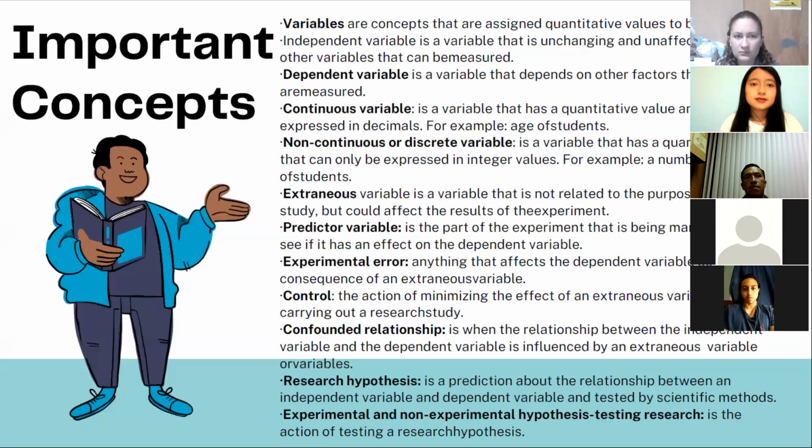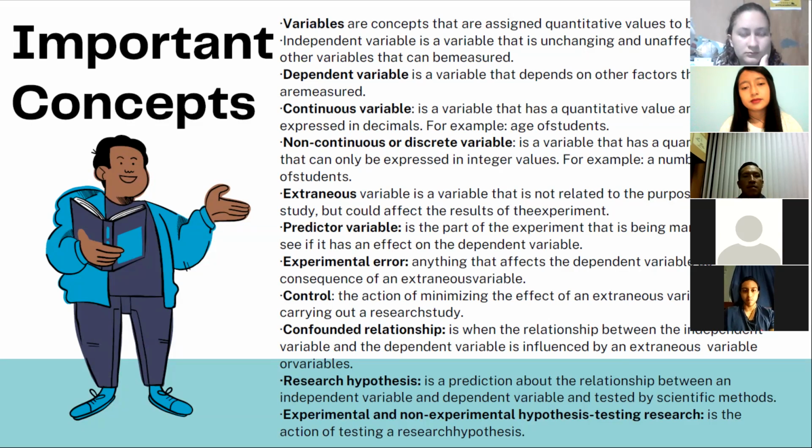Important concepts. Variables are concepts that are designed as qualitative values to be measured. An independent variable is a variable that is unchanging and unaffected by the other variables that can be measured. A dependent variable is a variable that depends on other factors and is measured. A continuous variable is a variable that has a quantitative value and can even be expressed in decimals, for example, the age